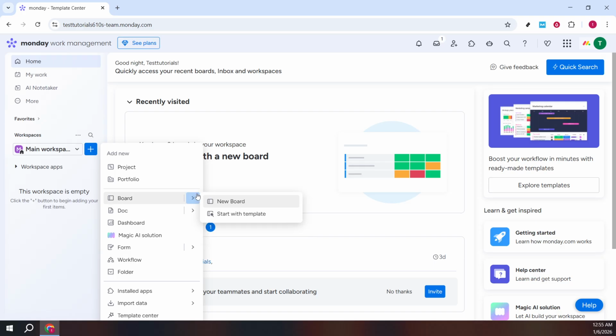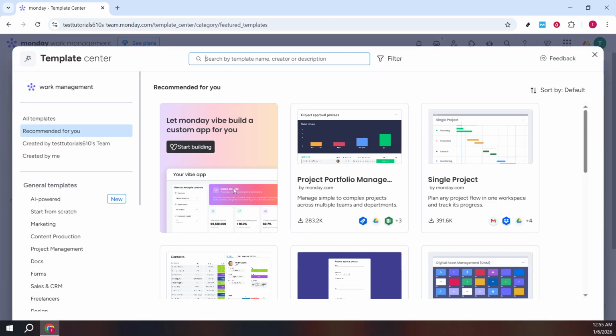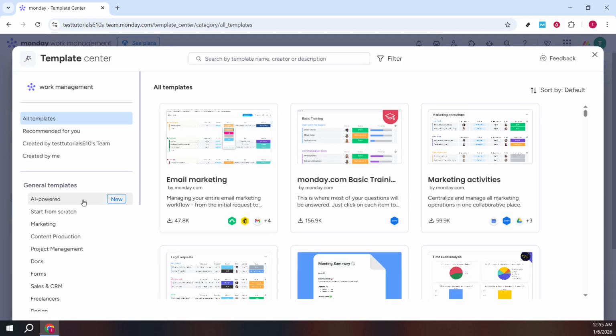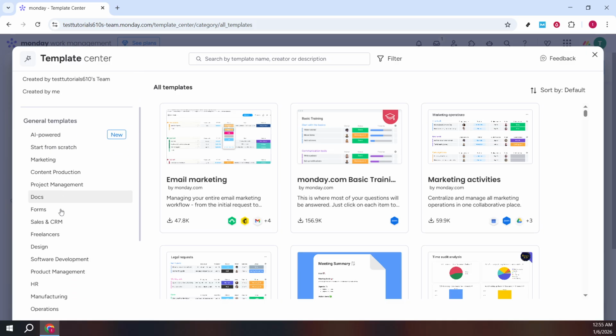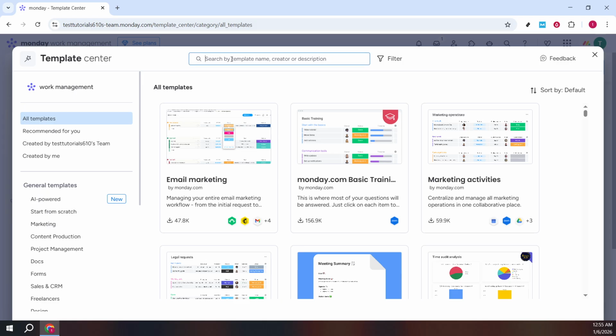Instead of building from scratch, choose Start with Template. Templates give you a ready-made foundation with useful columns and groups pre-configured. In the Template Center, browse all templates to see what's available. You can scan categories, sort by popularity, and read short descriptions to understand how each template is intended to be used. If you don't see what you need at first glance, head to the General Templates section for broad, adaptable